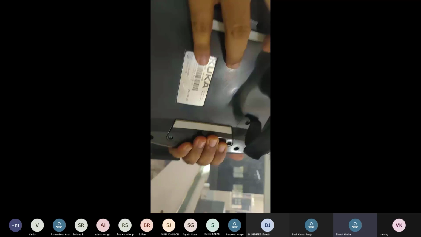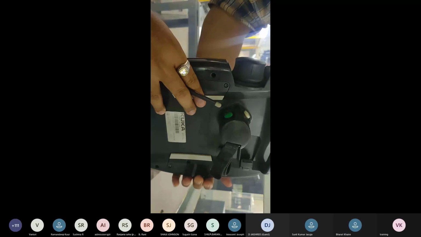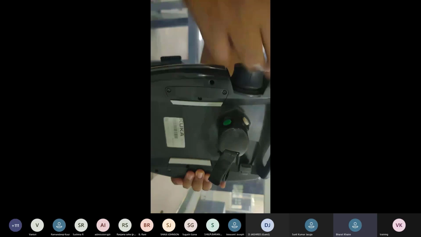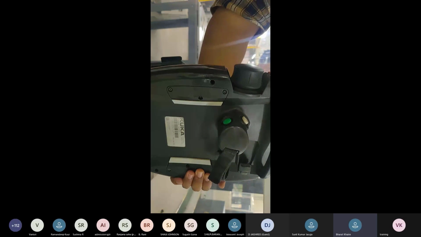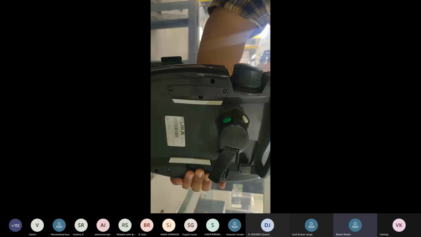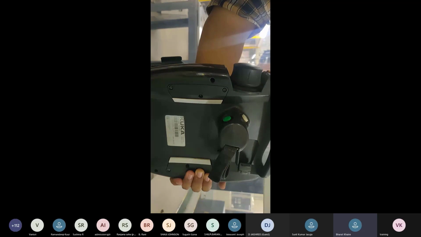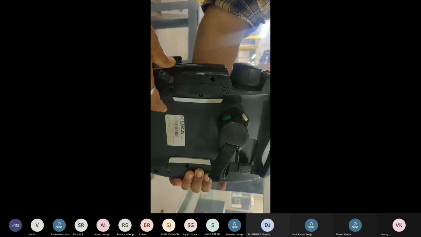Okay then. Now we are going on. Some keys are given on the back side of the teach pendant. 3 keys are given for drive on. The meaning of drive on is that the servo motor will become active on each and every axis of the robot. There are 6 joints, and every joint has a servo motor.